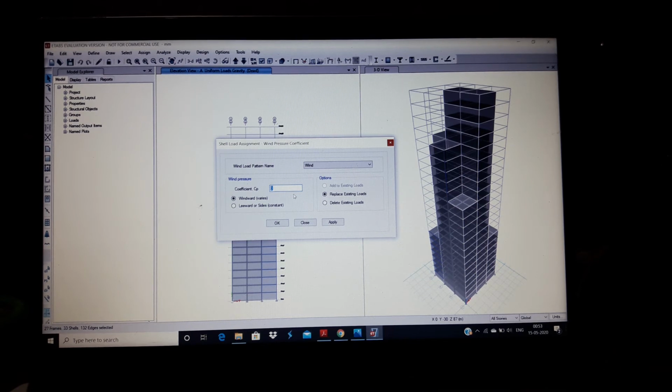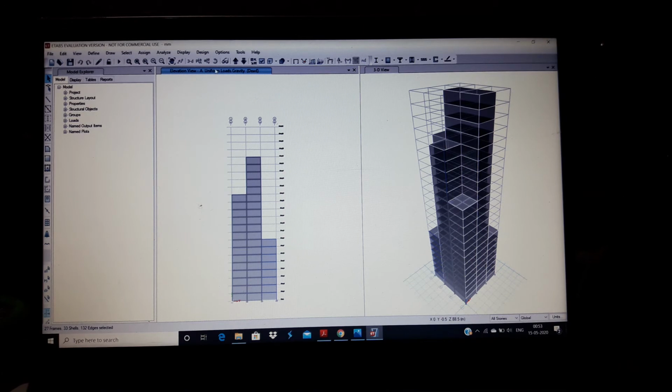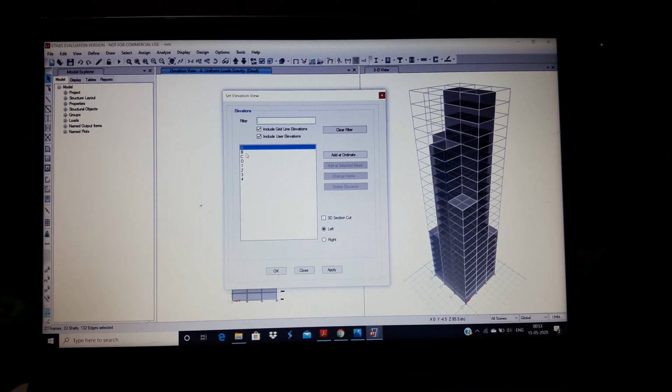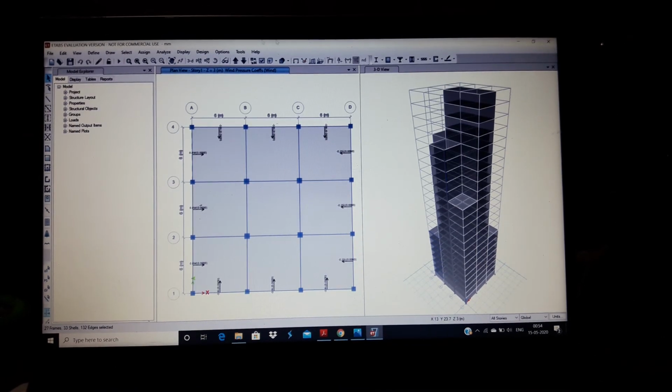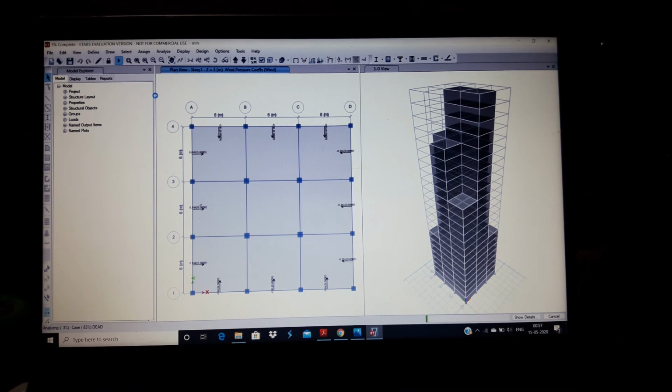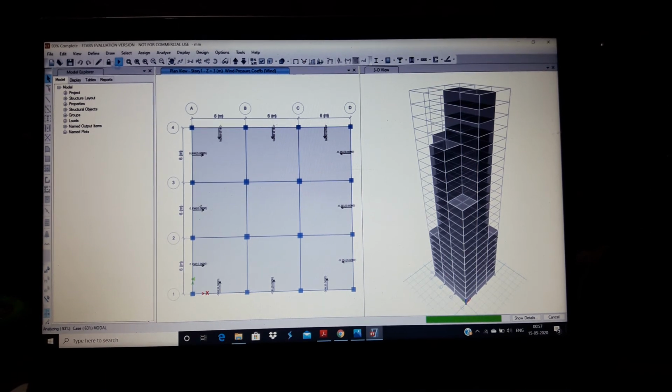The wind pressure coefficient we can assign from the IS code for windward or the leeward direction and then apply it. Do it for all the elevation sections here, A, B, C, D and 1, 2, 3, 4, and then click on apply and then OK. Now go to the plan view story 1. As you can see here, all wind loads are assigned. Now run analysis from here.